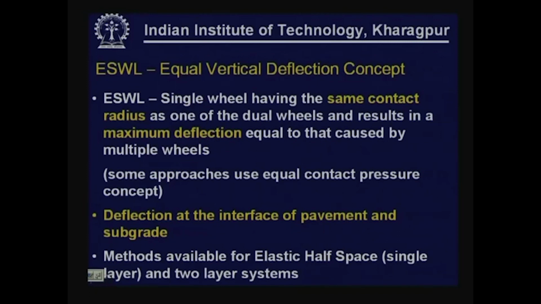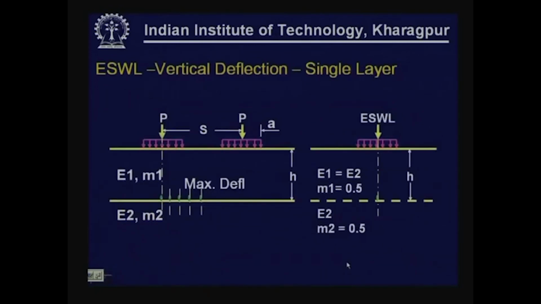And we also have two layer systems for which we can calculate interlayer deflections. Standard charts are available. If we have computer programs, we can calculate any of these things. This is depicted here. We have a two wheel system separated by spacing S, each load being P and load radius being small a. This is a two layer system which is characterized by its Poisson ratio value and the modulus value. Modulus values are E1, E2 for the two layers,